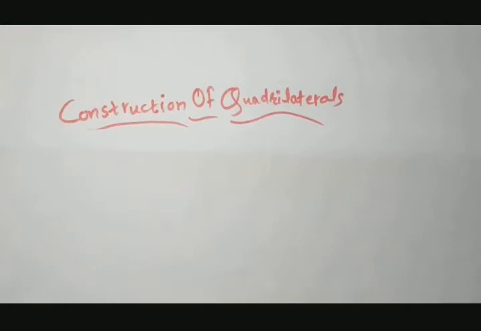So friends, you know that a quadrilateral has a total of 10 parts. It has 4 sides, 4 angles and 2 diagonals. So to construct a quadrilateral we will need data of about 5 special parts out of 10. Then you can easily draw the quadrilateral. Friends, simply, quadrilaterals are constructed by splitting the figure into 2 triangles. So we are going to start our exercise 14A. Let's start it.